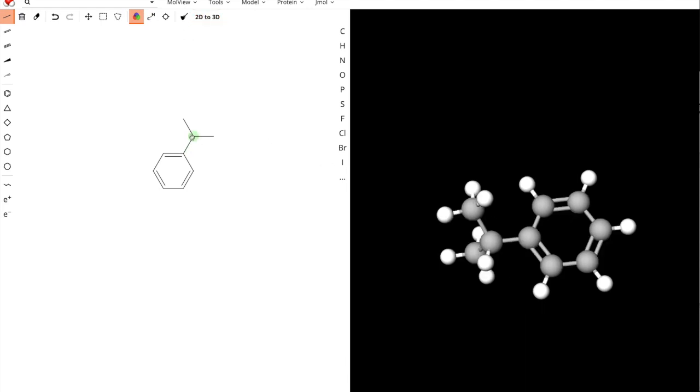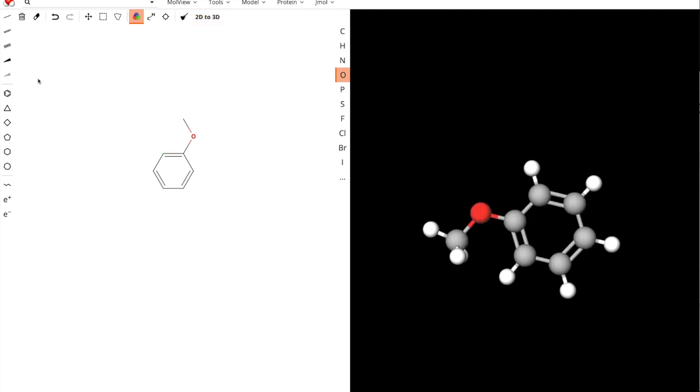And let's say I want to remove one of these because I made a mistake, so I can erase it. And then I can replace maybe this with an oxygen, and then get the 2-dimensional structure like that. These are wedges and dashes to give you some sort of 3-dimensional perspective. So if I put a line right here,